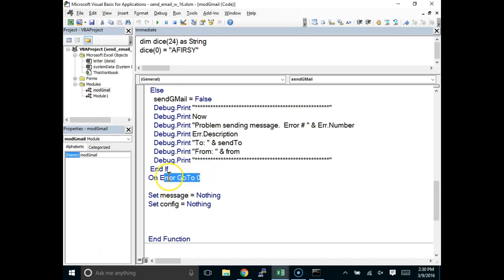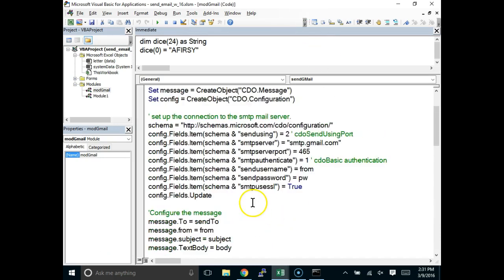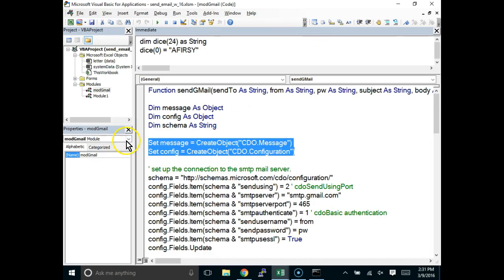Then we're done with the error trap. By setting an object variable equal to nothing. Remember, nothing is that special object that says this variable isn't connected to any object. What that does is it tells the object, you're no longer connected to the variable, and it tells that object to clean up after itself, to free up the memory with that object and release it back to the operating system. So the two objects that we created up here, we are explicitly telling it in code,